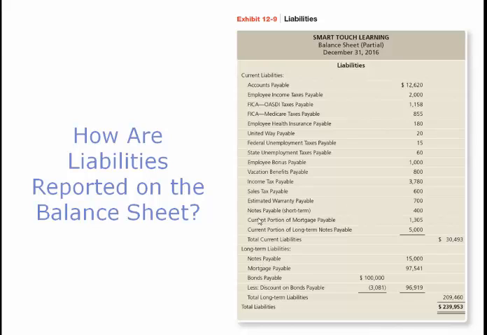You notice you have notes payable in both, because you have a current portion of notes payable, and you also have a current portion of mortgage payable and a current portion of long-term notes payable. So you can have both of these in different places depending upon what it is. And you notice on the bottom here we had this bonds payable, and then we had the discount on bonds payable, which tells you it's a debit. So the carrying value is